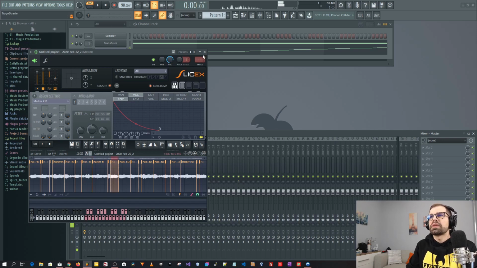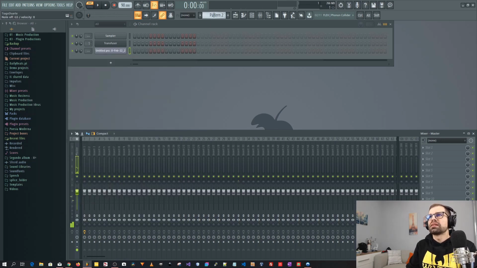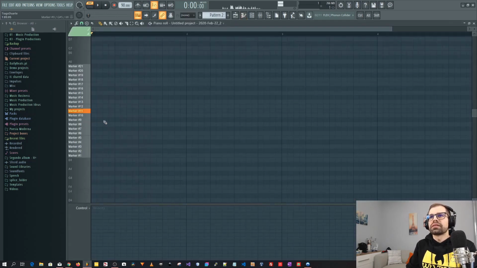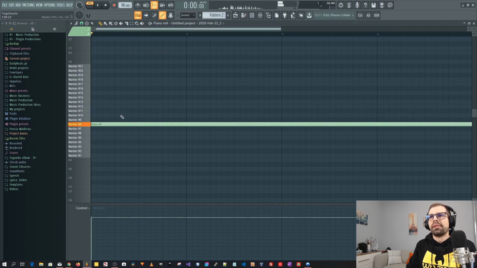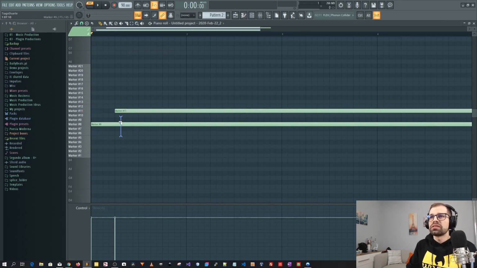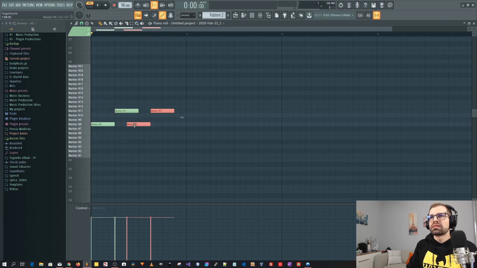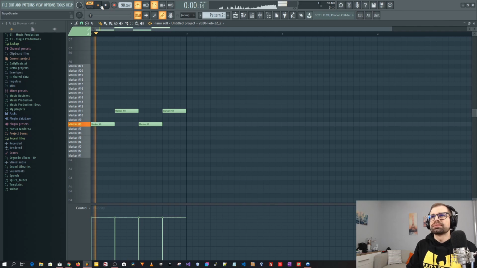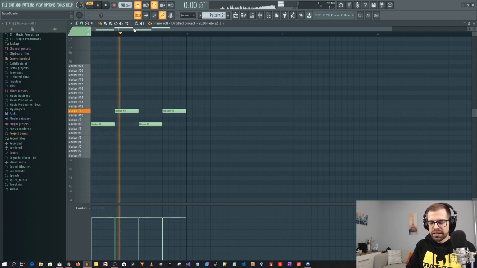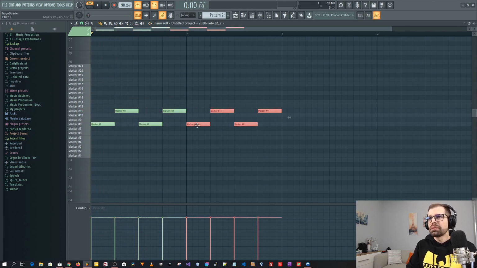Okay, so we have something here. Let's go to a new pattern and let's do this. Let's cut these parts here and let's duplicate this. Let's see how it goes with the metronome. I kind of like it. Okay, so maybe we can now